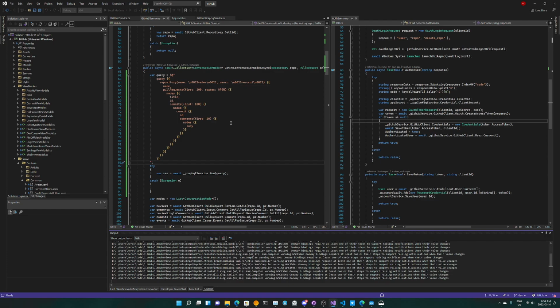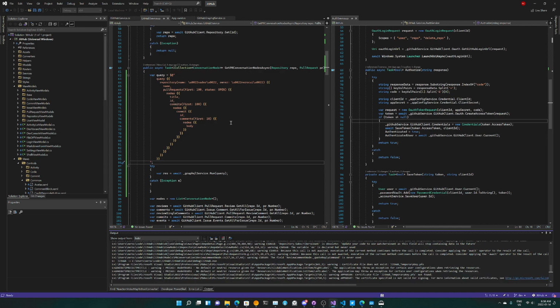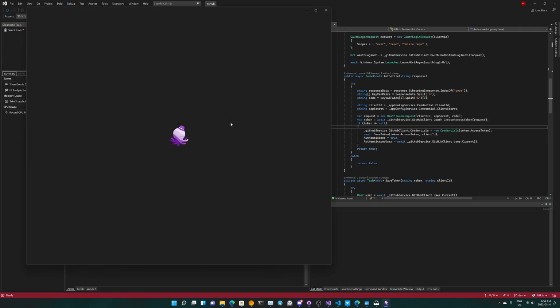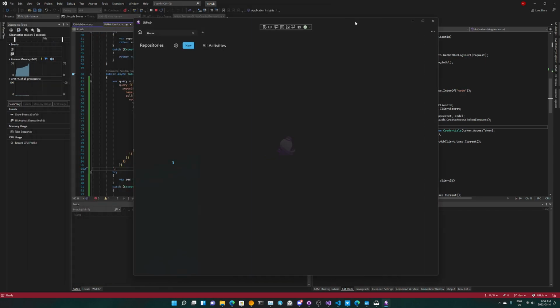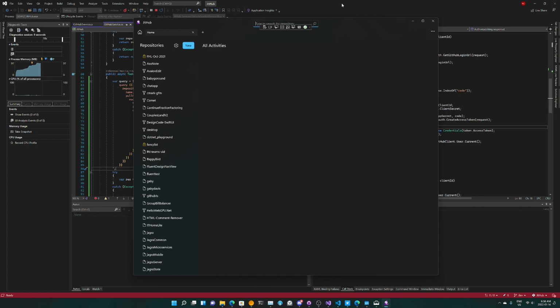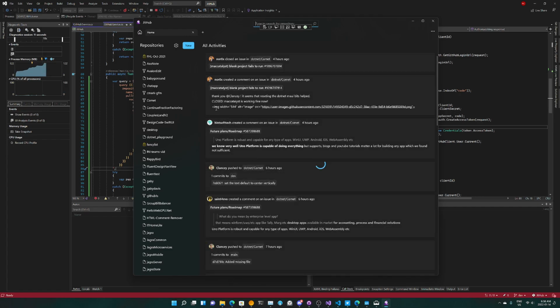But maybe the API has some specific format that they want and we're not using that correctly. We're gonna try again, and we're gonna try to find out what the schema of the API is and see if we can